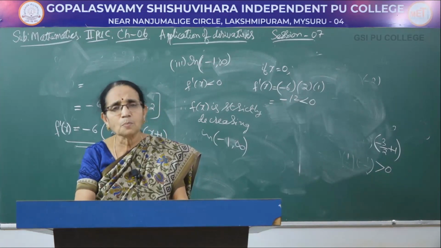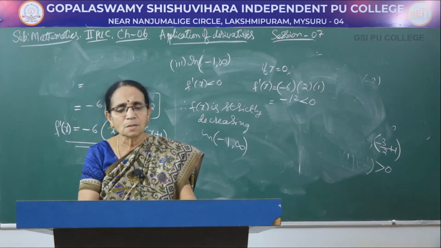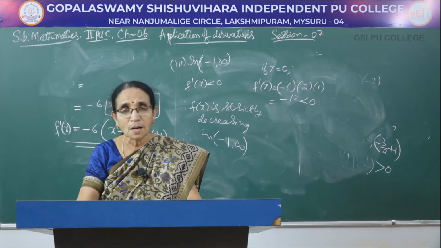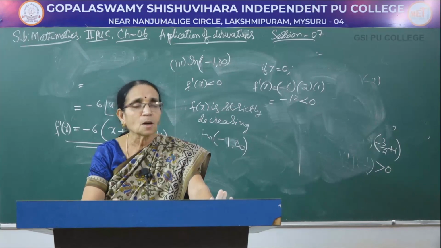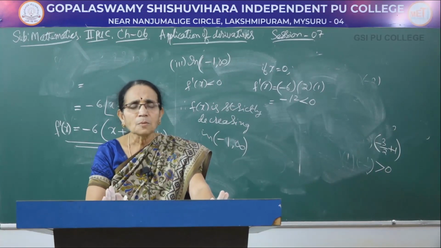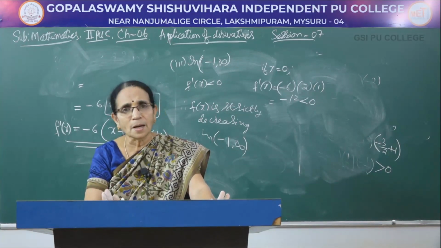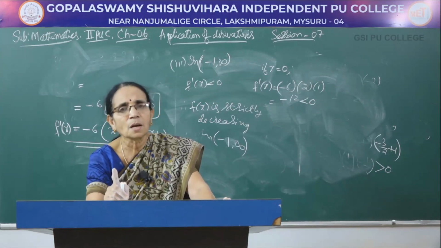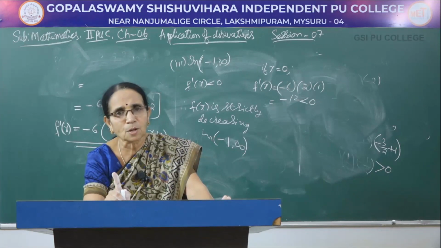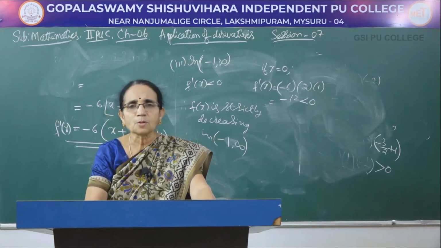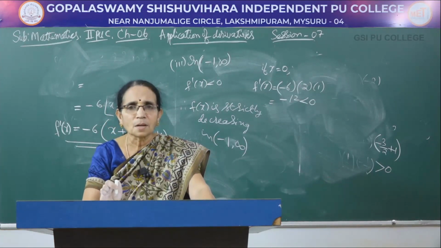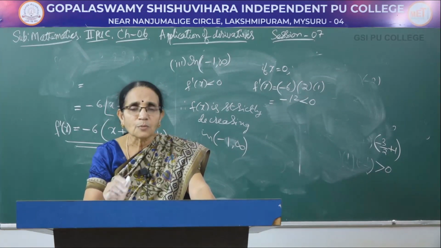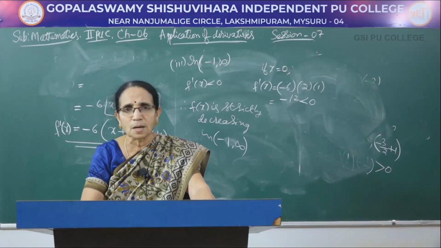So, like this, there are 3 types of problems we have worked out under this particular application. First one, without giving any interval, if a function is given, usually in that case a linear polynomial function would be given. You take 2 points x1 and x2. If x1 is less than x2, we show that f of x1 is less than f of x2. Therefore, the function is strictly increasing, we can say.